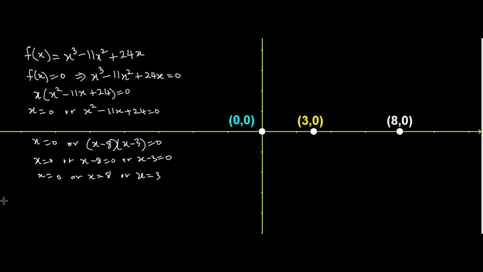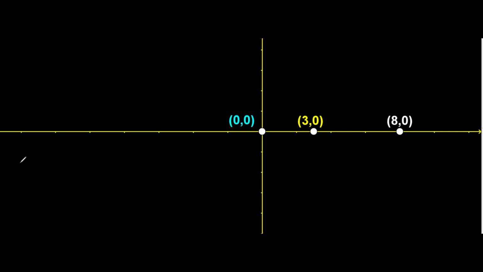We said we need the y-intercept, and this happens when we make s 0. When we make s 0, we are going to get the y-intercept. And so let's look at this. If we make s 0 here, and we look at f of 0, it's going to